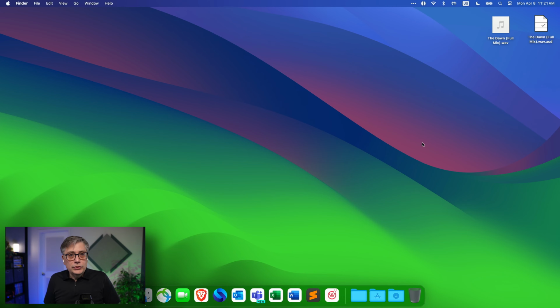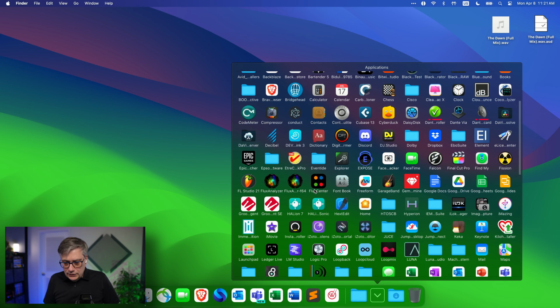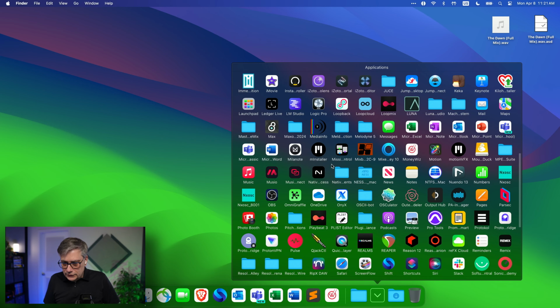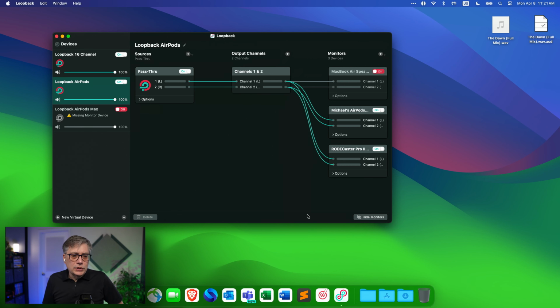Now I'm actually not going to send the audio directly to the AirPods. What I'm going to do instead is use a loopback device. I'm just going to show that here for a second. Where have we? Here we are, loopback. And the reason I'm going to use the loopback device is simply so that you guys can hear what I'm